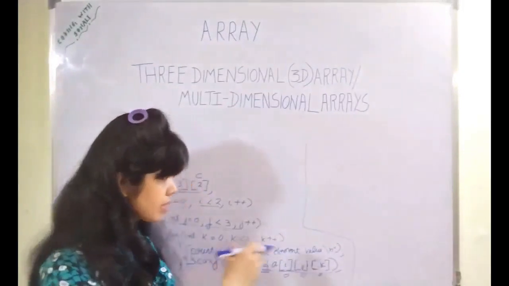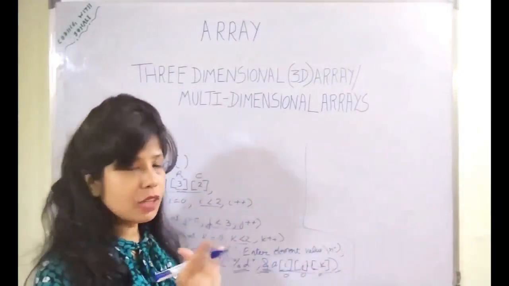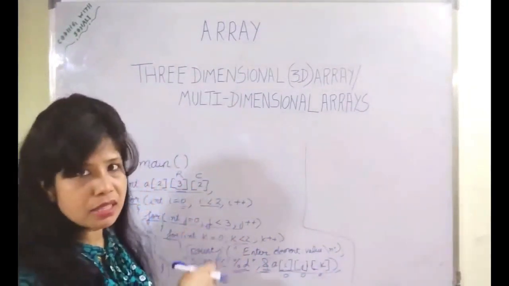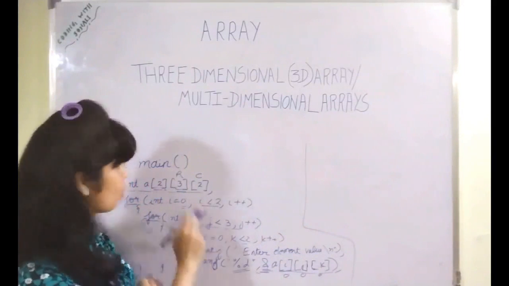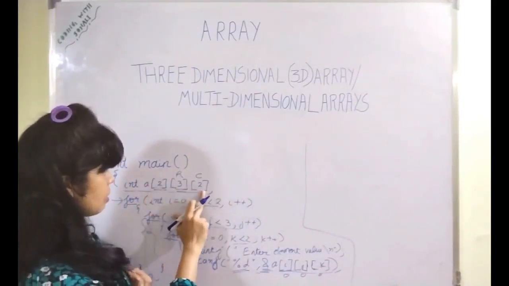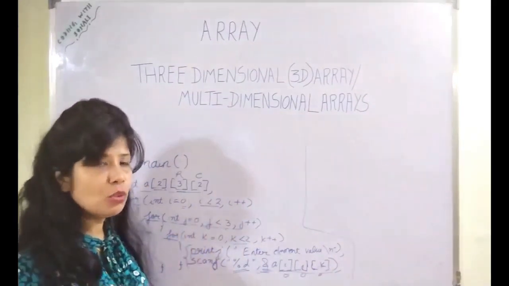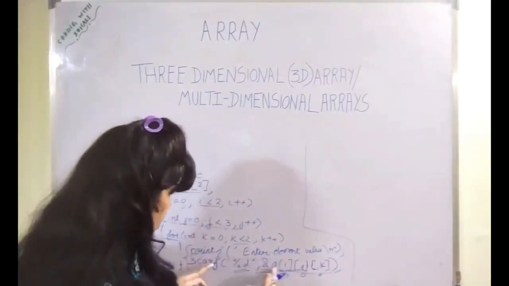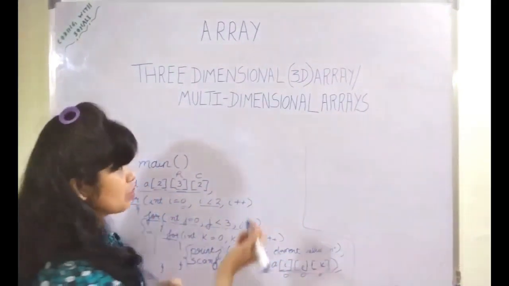Now if we have to access these array elements which we have already initialized at runtime, then what modification will be there to access the 3D array elements? The same loops we have to run, 3 loops for 1 dimension, 2 dimension, 3 dimension, and we will be using just a printf to display the message. So we will give the same thing here, but we will not use the ampersand since we have to print the value. So it will be like this.